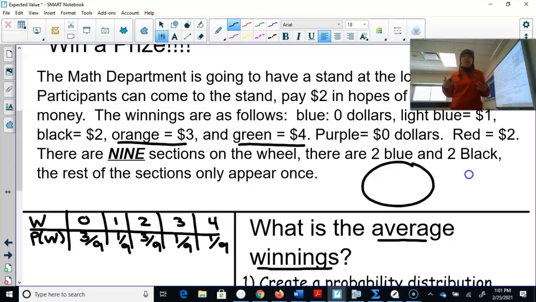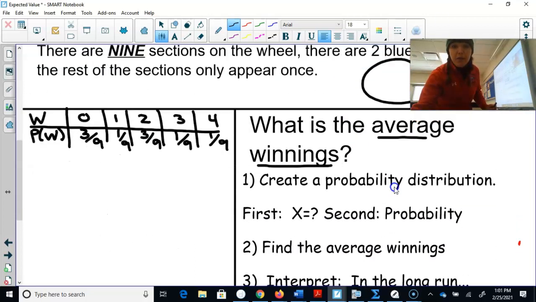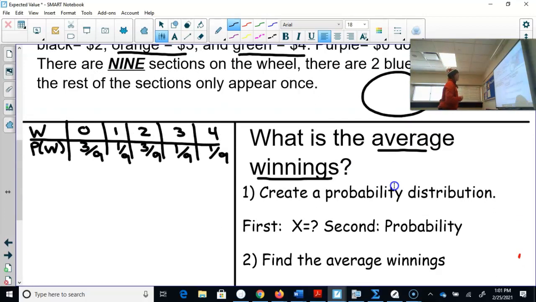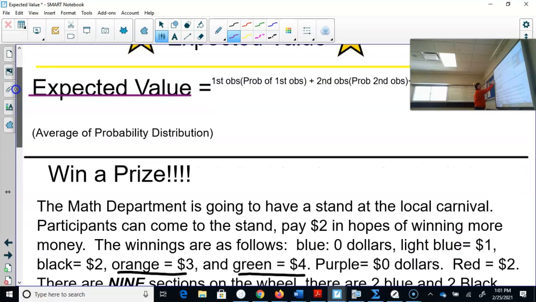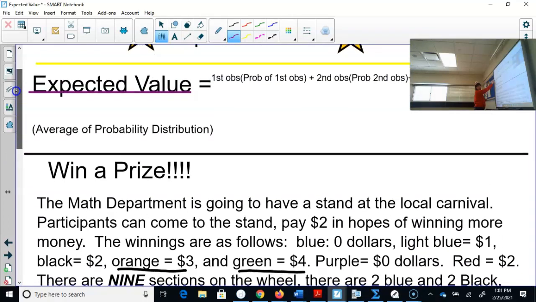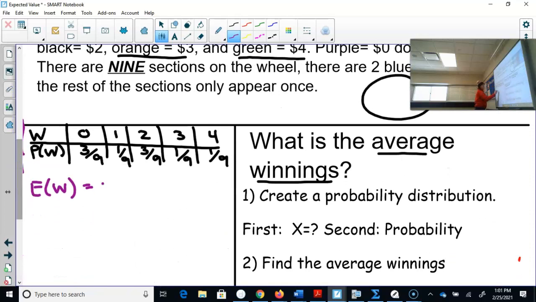The next thing it's asking is it wants to know our average winnings, okay? I'm going to show you by hand, and I'm also going to show you using your calculator. By hand, to find our average winnings, what we're going to do is the expected value, the expected winnings. This is the way that we can write our average or expected value. My expected winnings, also known as my average, is, remember what the formula says, I'm going to take my first observation times the probability of that observation. My first observation is 0 times the probability of that observation, 3/9,